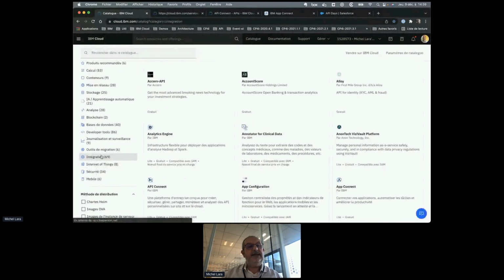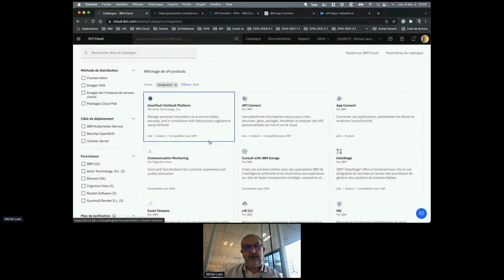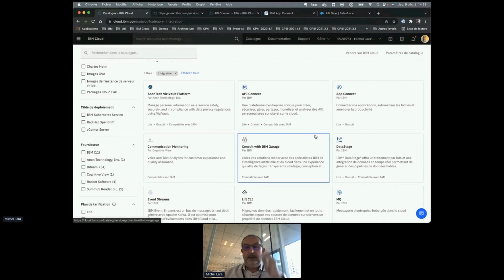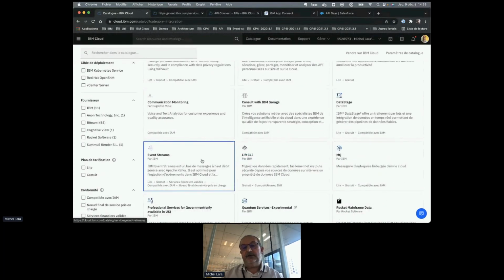You have all this capability in the integration area of the IBM catalog, with the API Connect capability, App Connect capability with all the connectors you saw before, Kafka cluster, etc. So it's very easy for a customer or an IBM business partner to build a POC, a demonstrator for your customer using IBM Cloud and all these services, starting immediately without installing anything, and you can build complex flow.